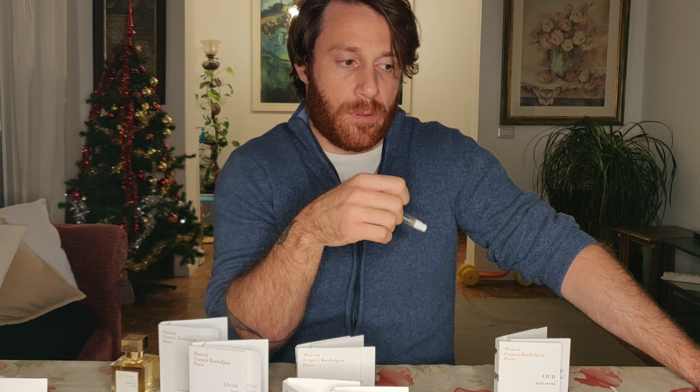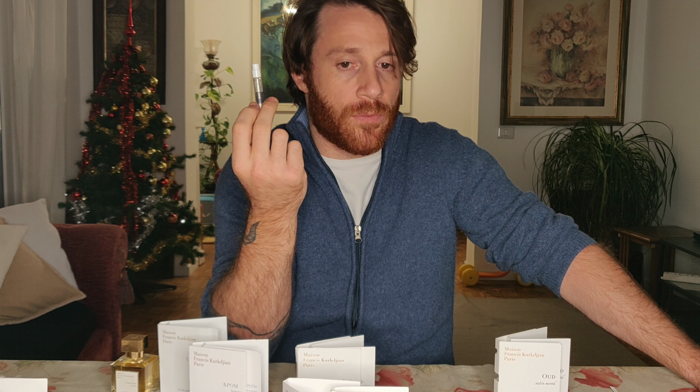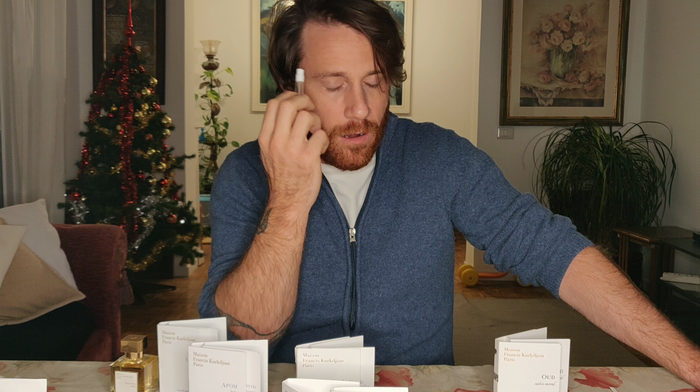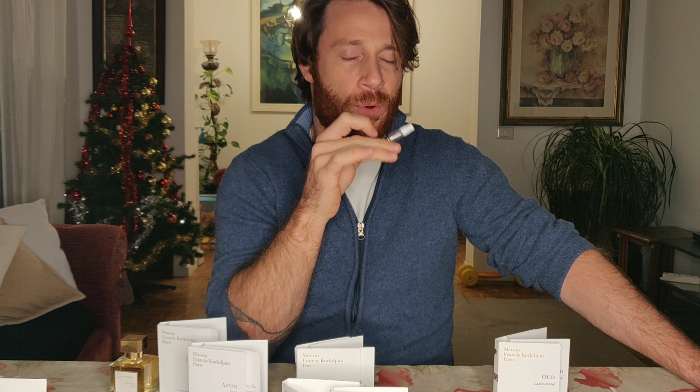Unfortunately, it is probably the most expensive, except for the extraits. This goes for 195 euros for 70 ml. So I'm taking my time with this sample, but honestly, I dream about this scent at night. This is haunting me. Weird stuff, and I don't know why, but it dries down to the most delicious vanillic